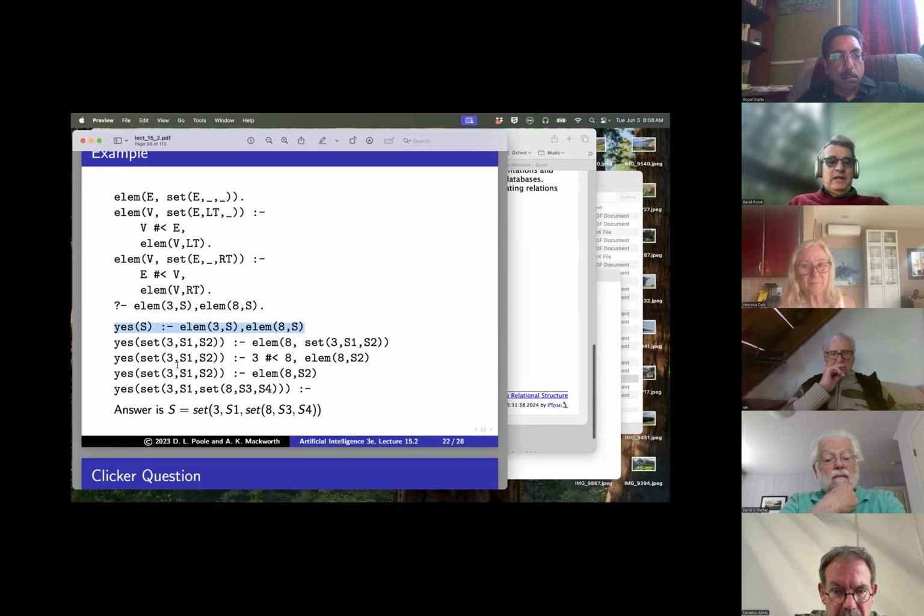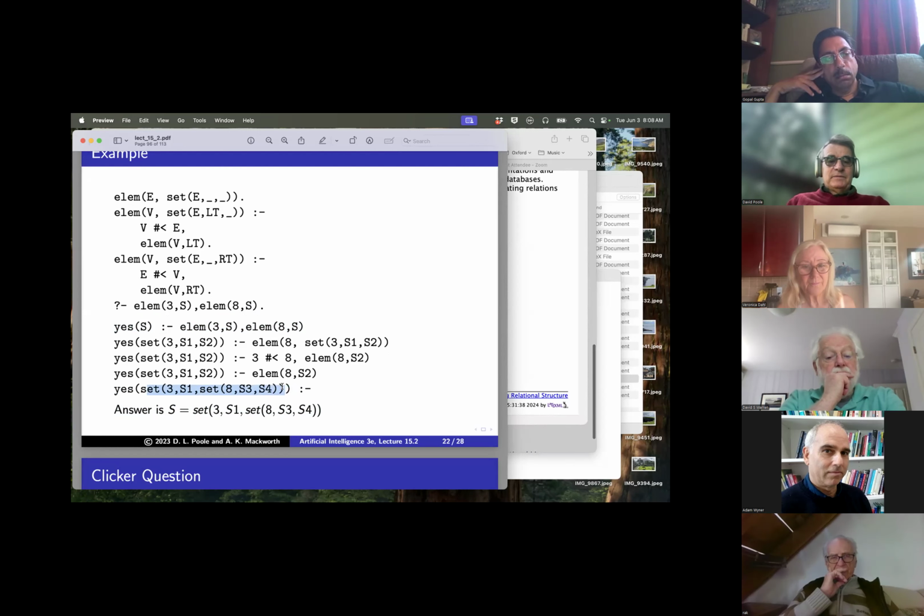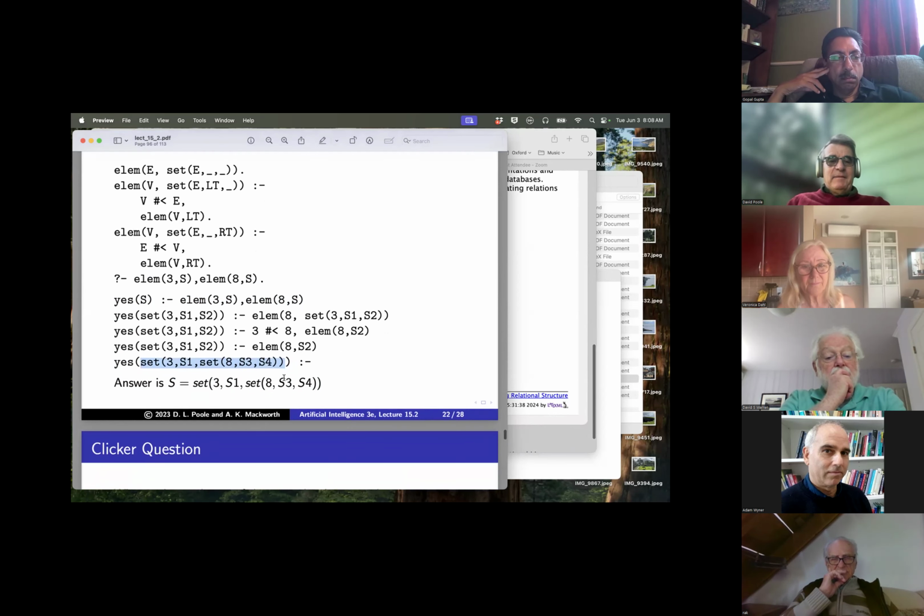And we go through here and all of a sudden we resolve away the body and we get to this, and this is the answer that we're going to print out. So I don't know how standard this is, but I think we introduced this in our 1998 book. I can't remember where we got it from. It just seemed to be floating around in the air, I think. And here we do answer extraction. Okay, and then this is the answer. So S equals this is what's printed out by Prolog.